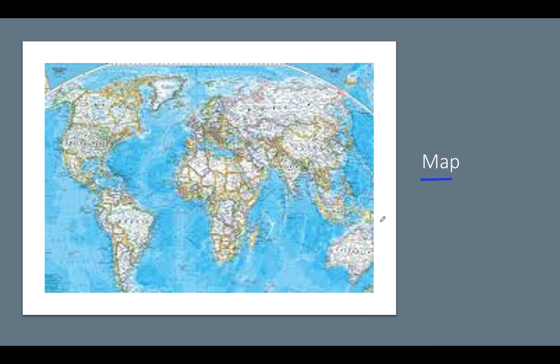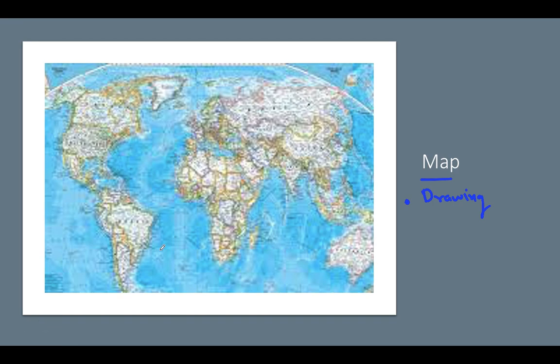So what is a map? Here you can see the picture of a map, and many times you have seen a map in your book or in other places also. So basically a map is a drawing or visual representation of the earth's surface. Here you can see it is a drawing and it shows the visual representation of the earth's surface. Clear? So visually you can see the earth's surface, and it shows countries, towns, rivers on a flat surface